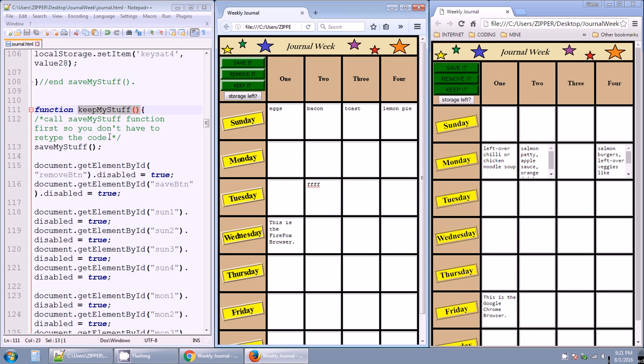Okay, so keep my stuff. It calls save my stuff right here in line 113. It's calling the save my stuff function, and then it's doing a couple of statements. It's saying document.getElementById remove button dot disabled equals true. Then it's saying document.getElementById save button dot disabled equals true. And pay attention to the double quotes or single quotes and how everything is. I'm just going to read it, so just pay attention to how it's typed. So we disabled those two buttons, and then